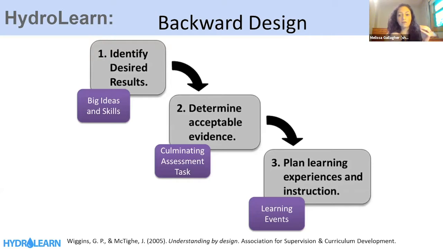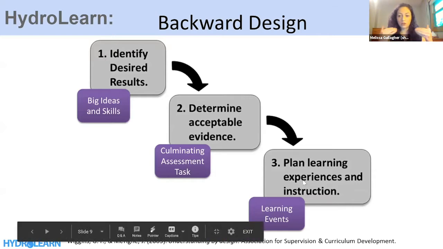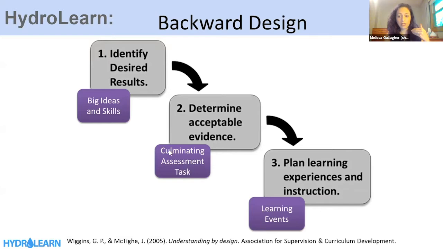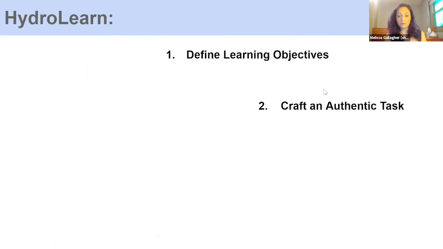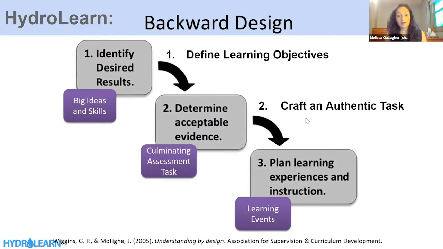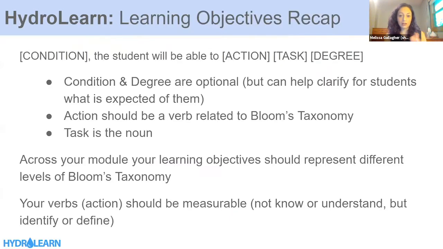Check your understandings have two foci. One could be to be an assessment, but another could be more of a learning experience where students are checking their own learning. So those check your understanding little quizzes could fall into either of these categories. So today we're really going to talk about the culminating assessment task, or the big learning activity that students might do. Usually they do it towards the end of the module, if not at the very end. So defining learning activities, and then that final culminating task would be that authentic task, that real world task.